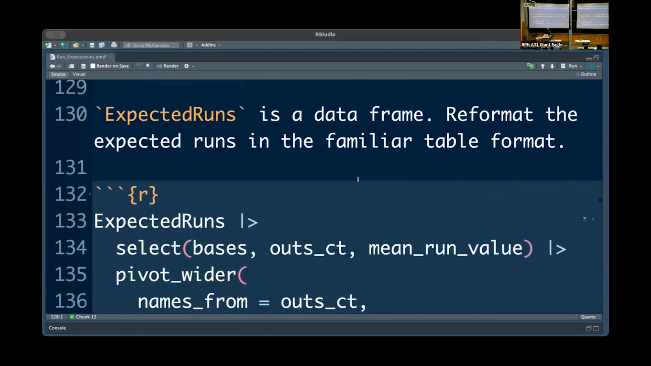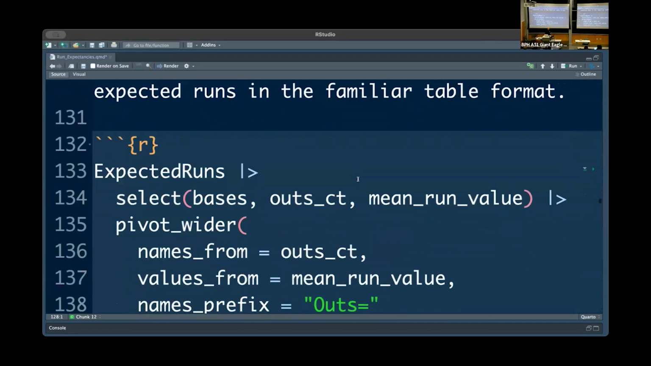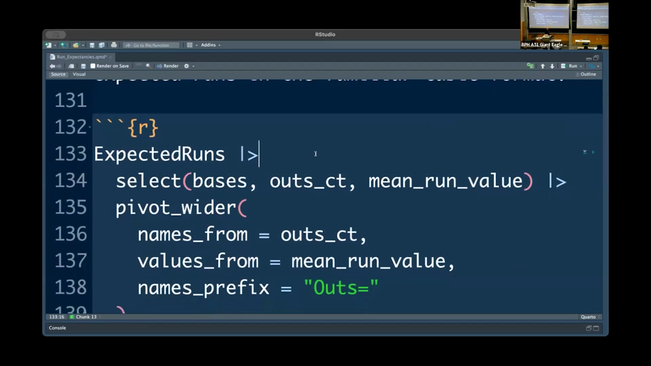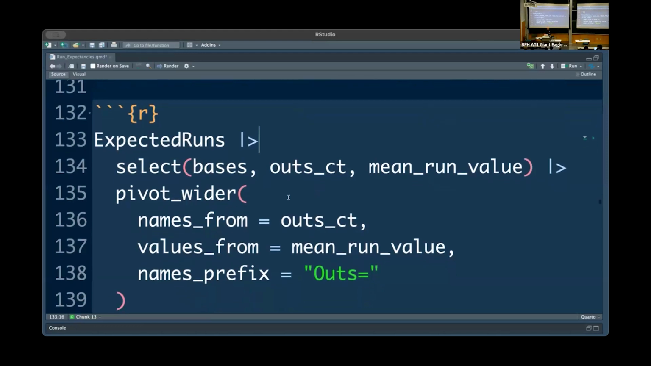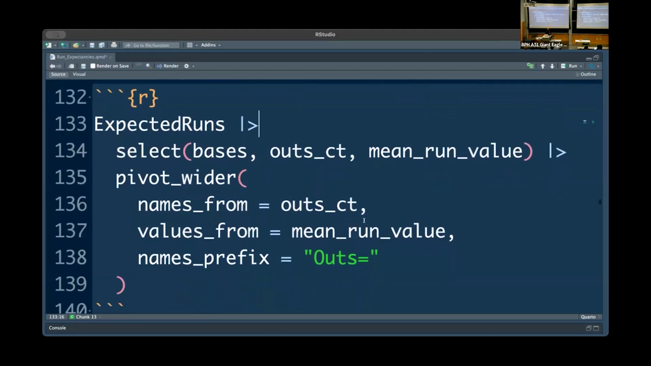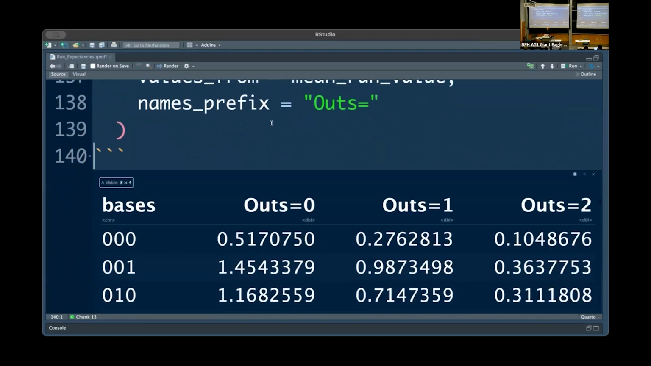And so what I'll do now, this is where we want to do some pivoting using the tidyr package. And what I'll do here is I'll take the expected runs. We're going to focus on 3 variables: the bases, number of outs, and the expected runs, the mean run value. We want to pivot it so that the values will be mean runs. And this is one of those things in tidyverse, the pivot wider. I don't use it enough, so whenever I use it, I have to look it up to figure out what to do with it. Anyway, so I run this, and I get